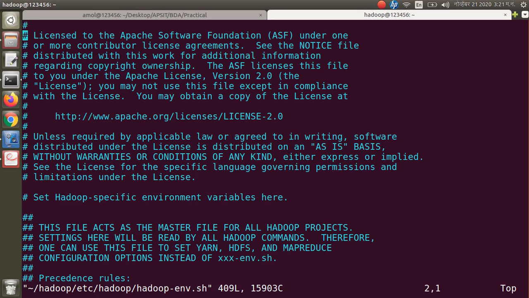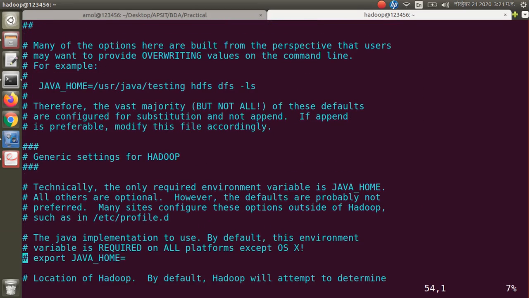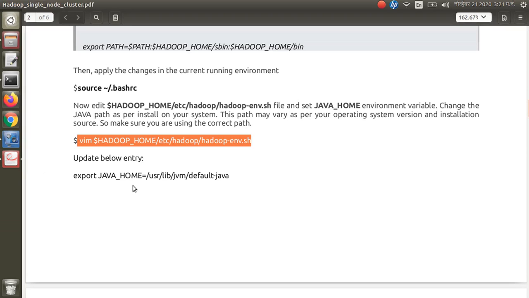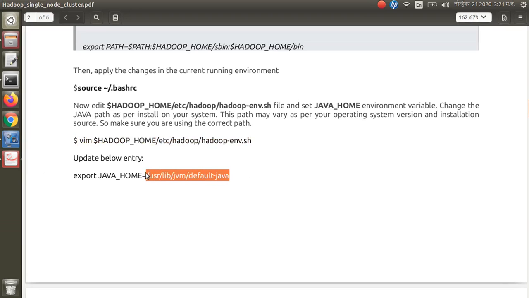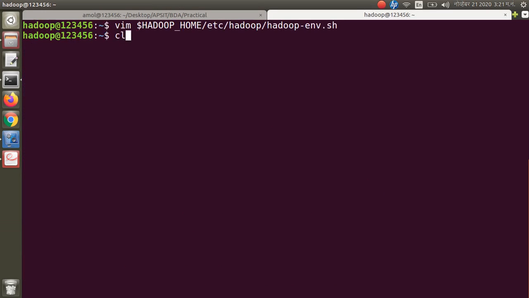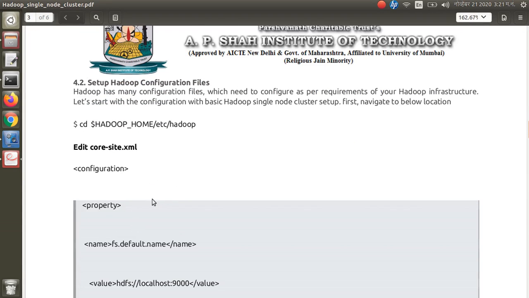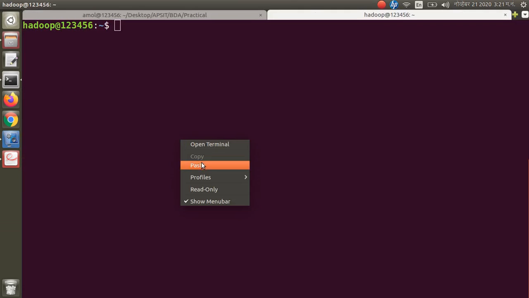Now we need to access the environment variables file hadoop-env.sh. So we need to change the directory to the environment variables, and here we need to set up the Java home. So let us go to line number 54. Here you will find there is a line that is export JAVA_HOME. Just copy this content from here, and as we are using the vim editor, press I, and then press Escape, :wq to save the content. So once this is done,